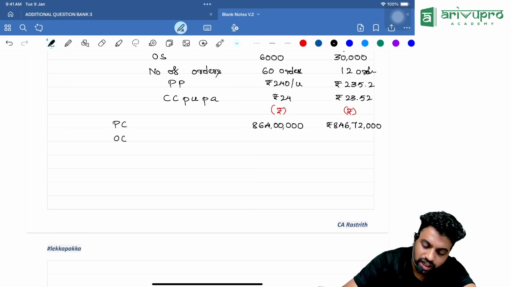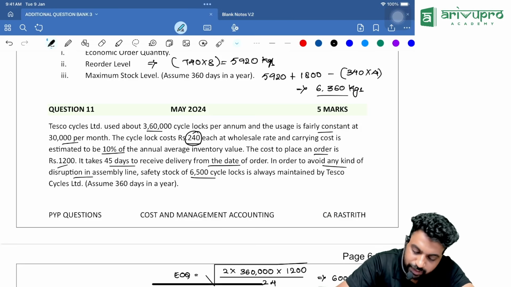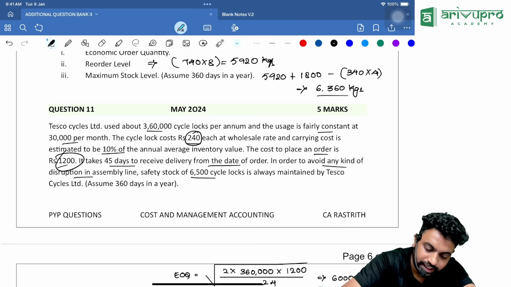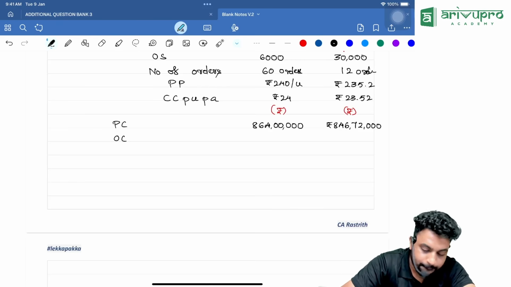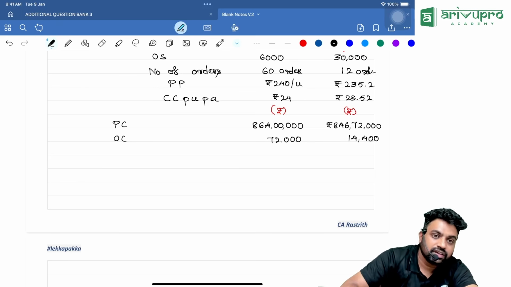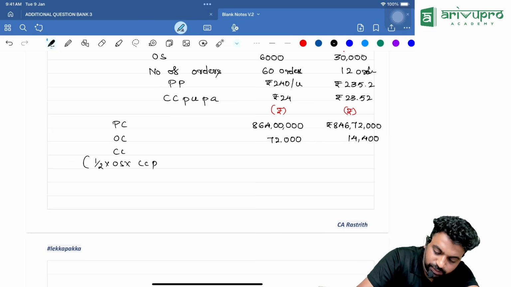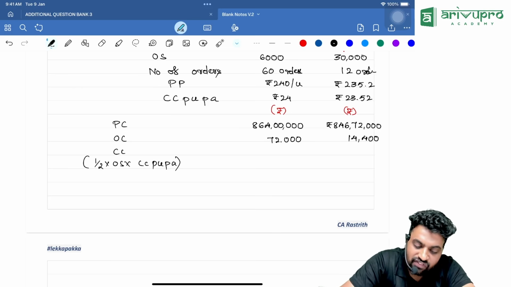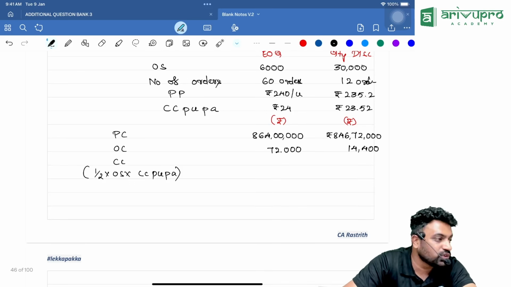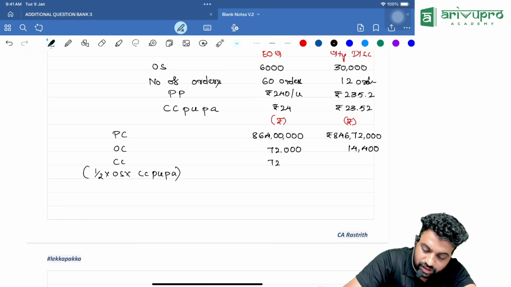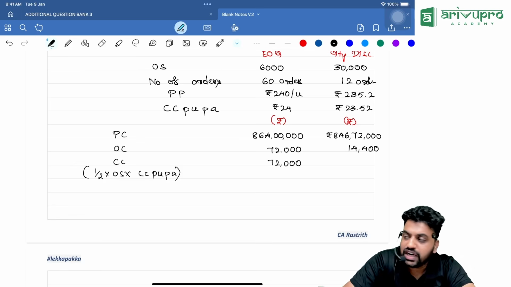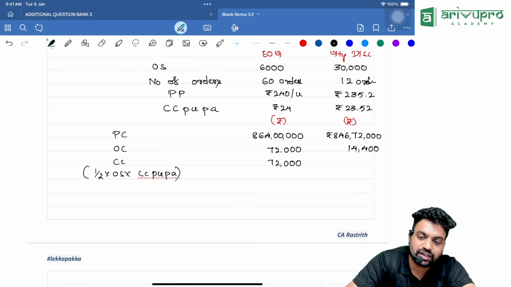Next one is ordering cost. Number of orders are 60 and ordering cost per order they are telling is 1,200. So 60 into 1,200 is 72,000. In the next case it is 12 into 1,200, which is 14,400. Carrying cost will be half of order size into carrying cost per unit per annum. So half of order size is 3,000, and 3,000 into 24 is 72,000. Whereas half of order size is 15,000, that is half of 30,000, and 15,000 into 23.52